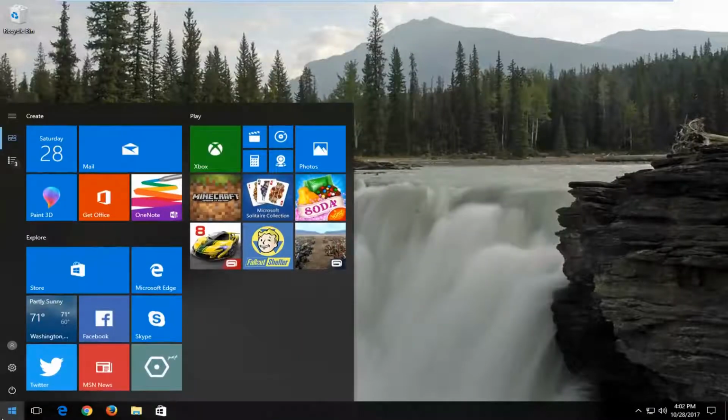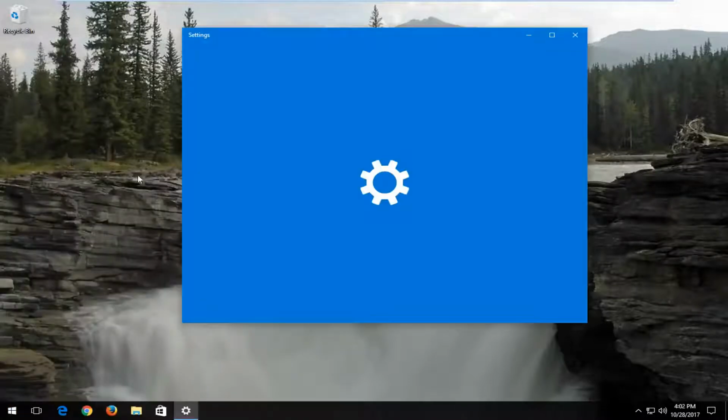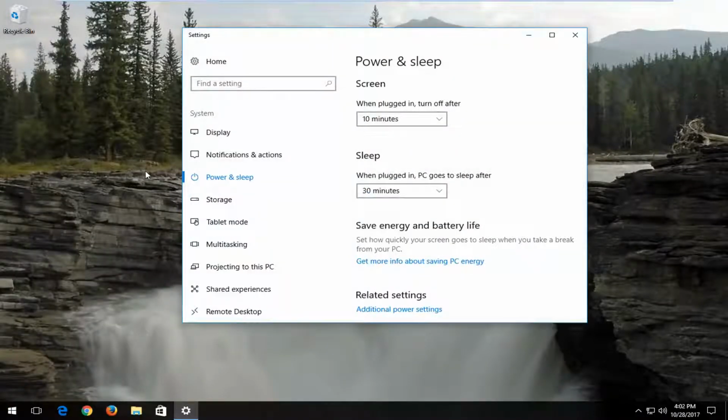Another way would be to go over to the start menu and type in power options. Best match should say power and sleep settings. If you left click on that, and then you left click on additional power settings underneath related settings down here,